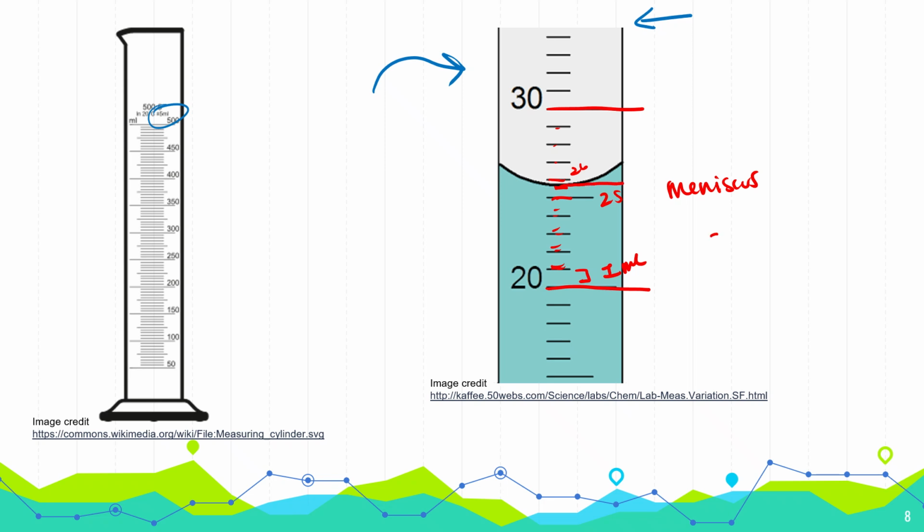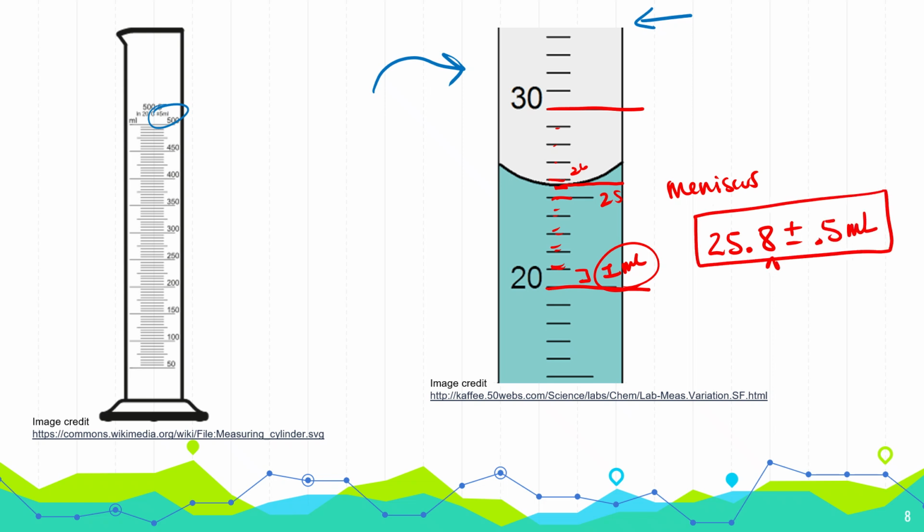So let's estimate 25.8 plus or minus, what's half of 1? That would be 0.5 of a milliliter. This, or something close to 8, is correct. It doesn't have to be 8. It could also be 7. What it cannot be, friends, though, is